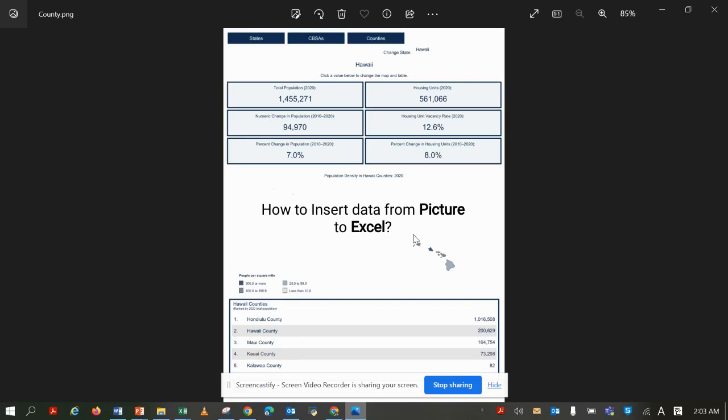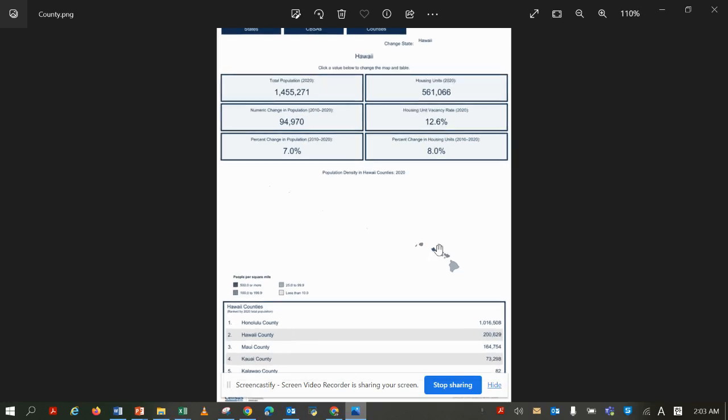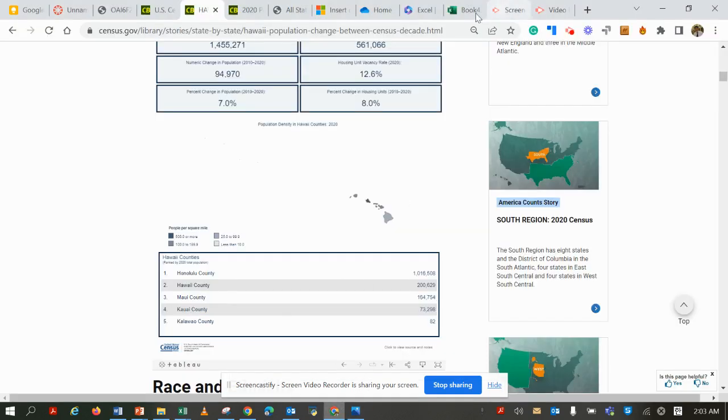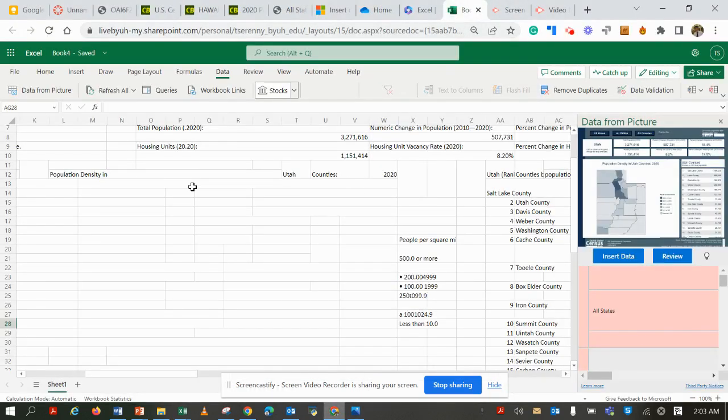Okay, this is how you can convert data from JPG to Excel. So let's say this is your JPG file, photo file, picture. So you want to convert them to Excel. So in order to do that, you can open your